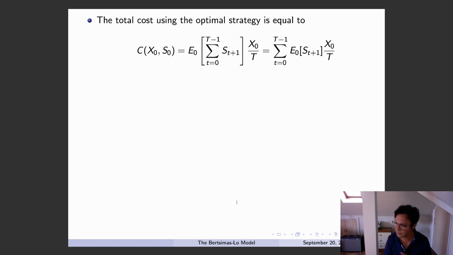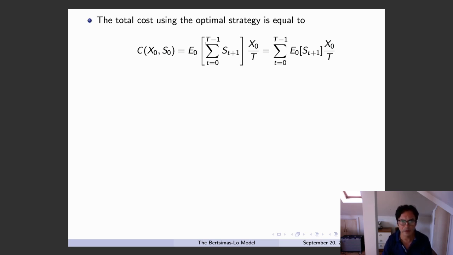So we did calculate the conditional cost at a time in the future, but if you're sitting at time 0, we know that this is the price, we know that this is the quantity we want to execute. What's our expected cost